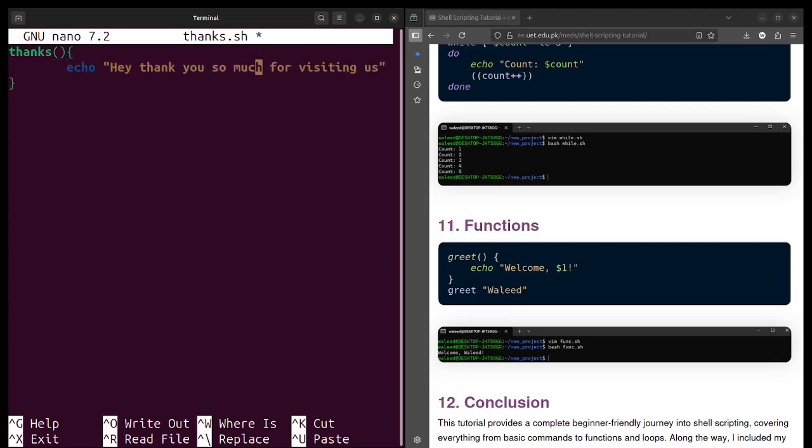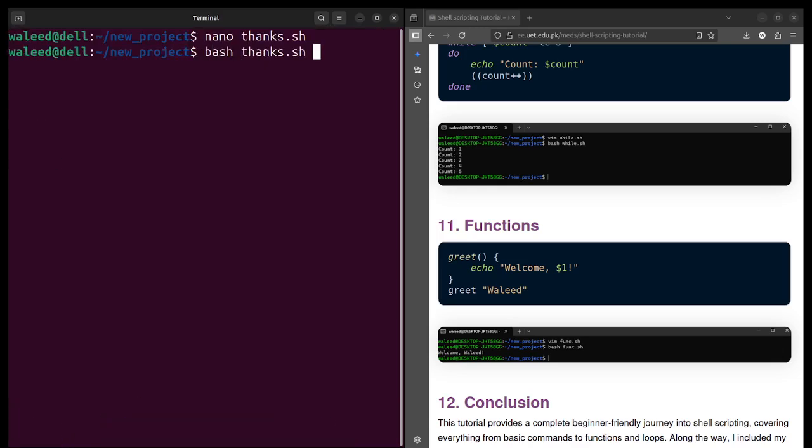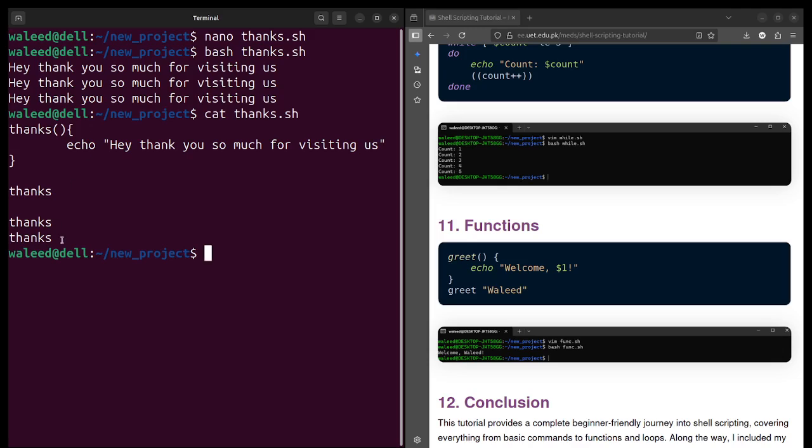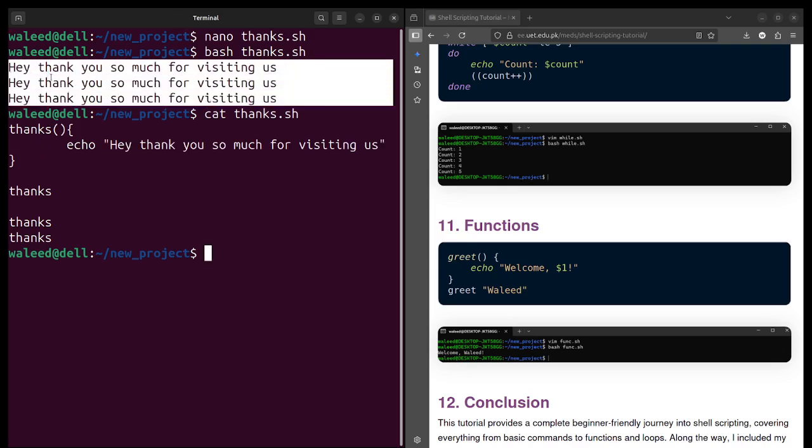Instead of writing this long line every time, you simply write a function out of it, and whenever you call that function, for example 3 times, then that line will be printed. Let's say if I run it, you see I just called that function 3 times, and instead of writing the whole line, I just used the function, and in the output that line is written multiple times.